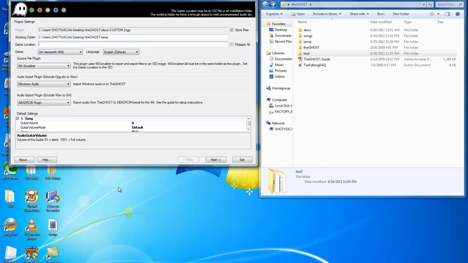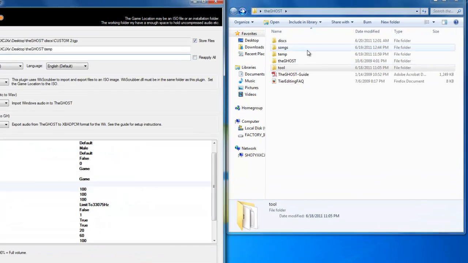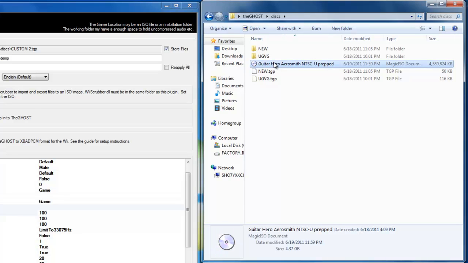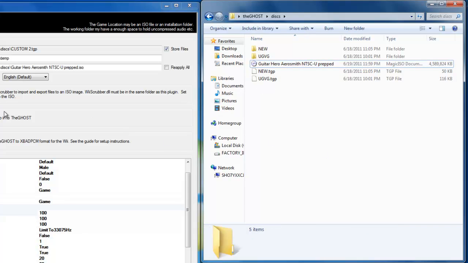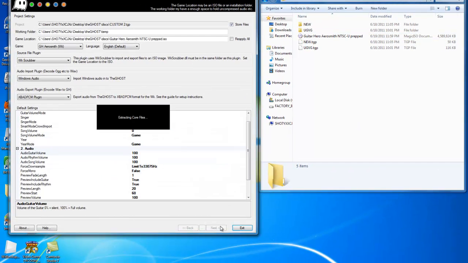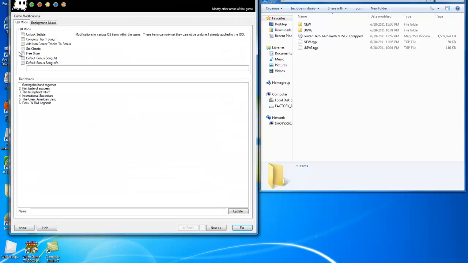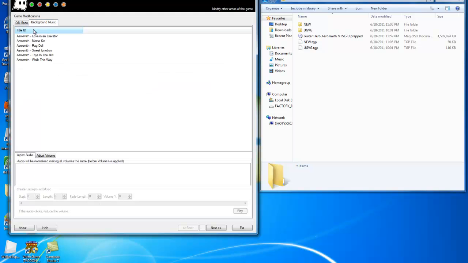Okay, so now I'm going to go to disks. This is my prepped ISO. I'm going to drag it into game location. Okay, and now just click next. Just do these as you like. This really doesn't matter, right here. I believe that is the bonus or